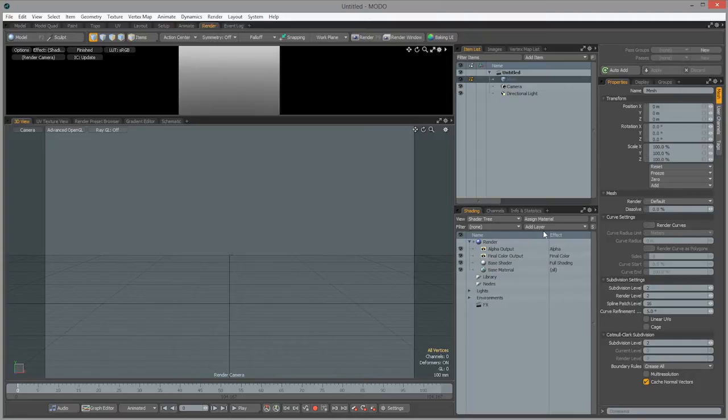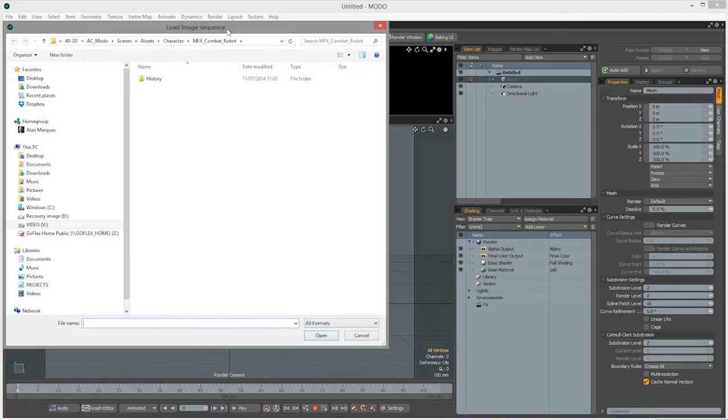Down over here, I'm simply going to go to Add Layer. Now I've already loaded a sequence before, so it's remembered here, but if you're not sure, you can go down to Image Map, and we want to load a sequence, not a still. So I'm just going to select that,